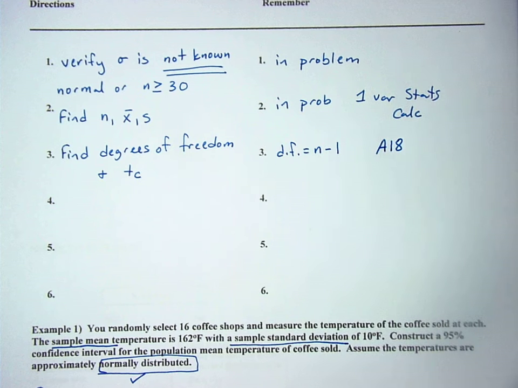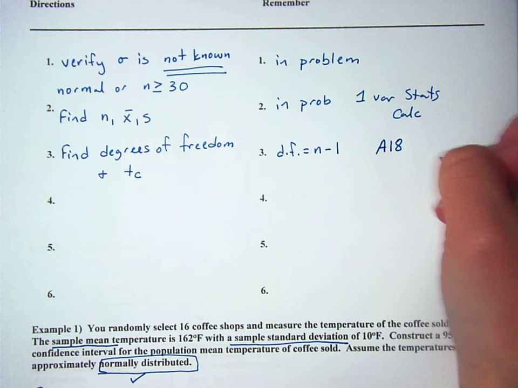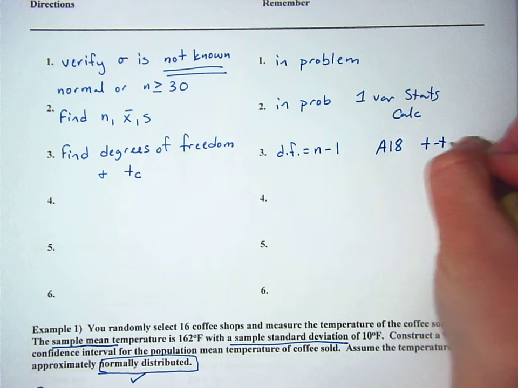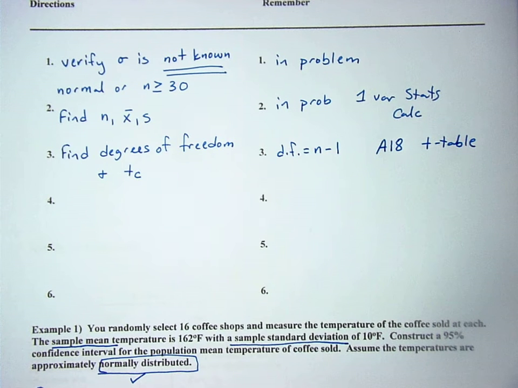A18, not A16. Remember how we had that Z table? This is a T table, and it's actually way easier to read than the one on A16. So,